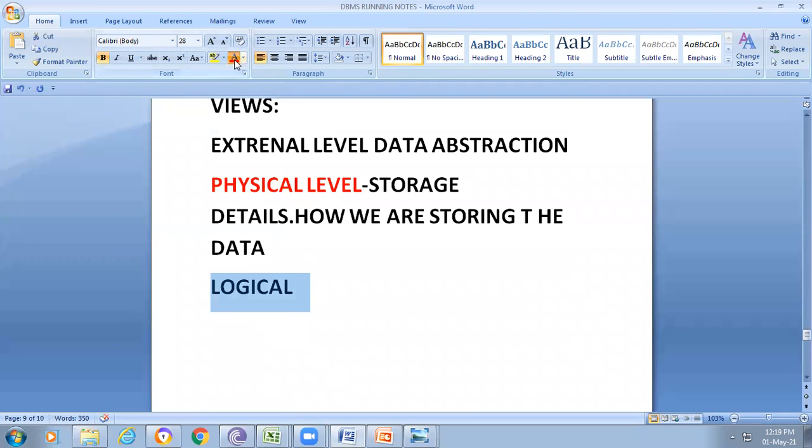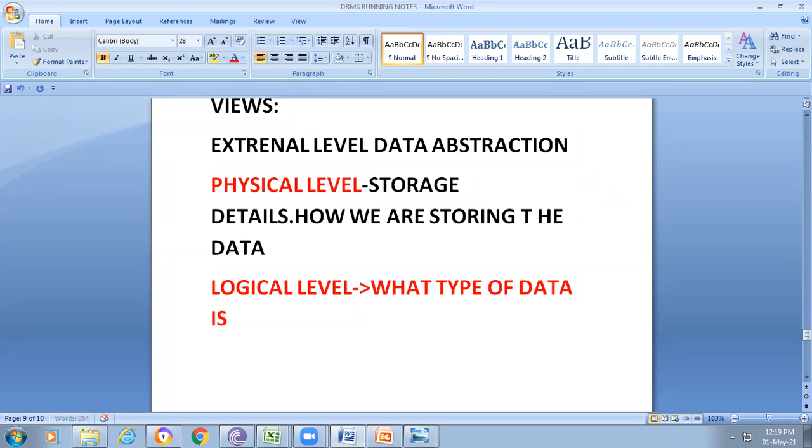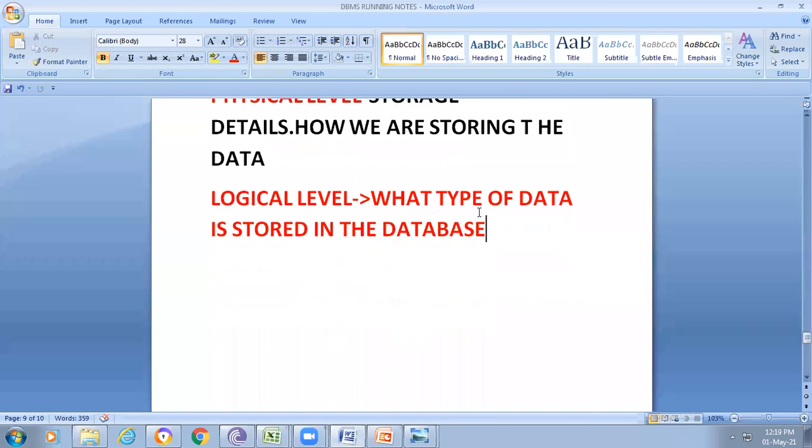If it is the logical level, which type of things are focused on in logical level data abstraction? What type of data is stored in the database. That is the main thing.